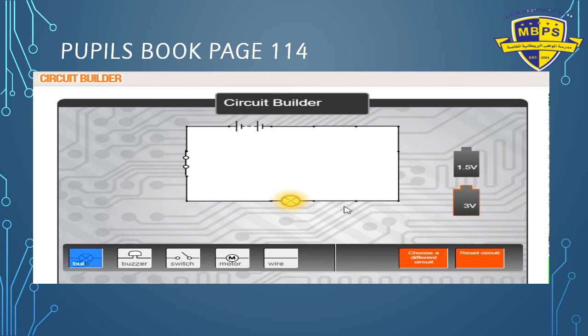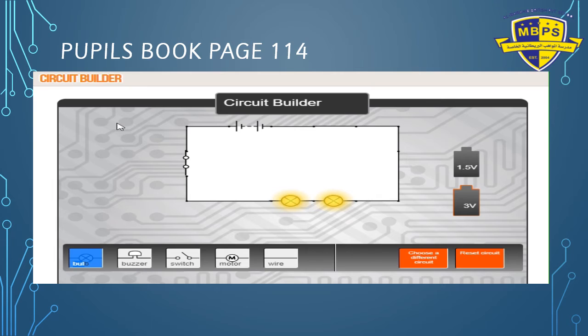See, when there is one bulb or one lamp, the brightness is more. But if we have two lamps, the electric current is being shared between the two of them. So the amount of brightness in the lamps is going to decrease. When there was only one lamp, all the electricity was going through one lamp and the bulb was brighter. But when we have two lamps together, the electric current is being shared by both of them, and as a result, it's not going to be as bright as before.